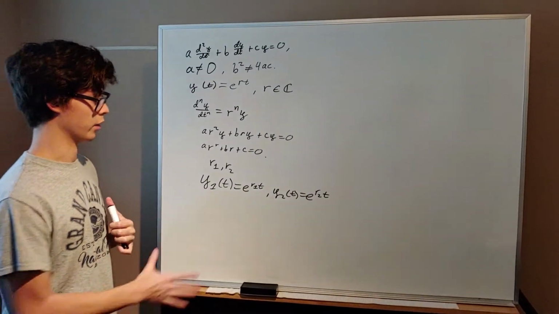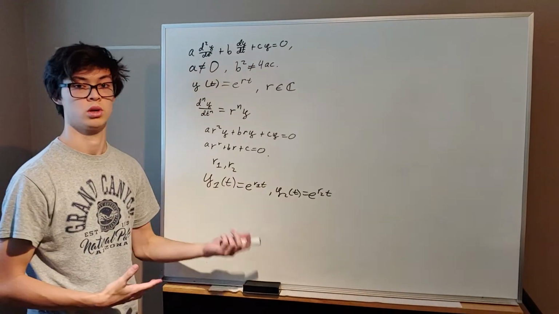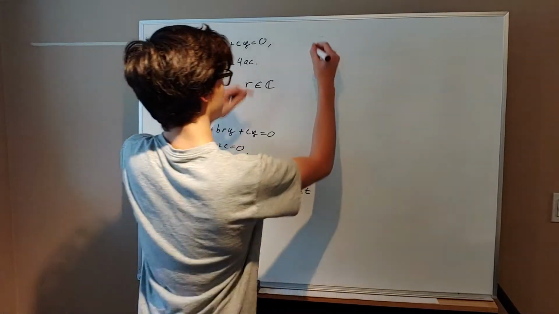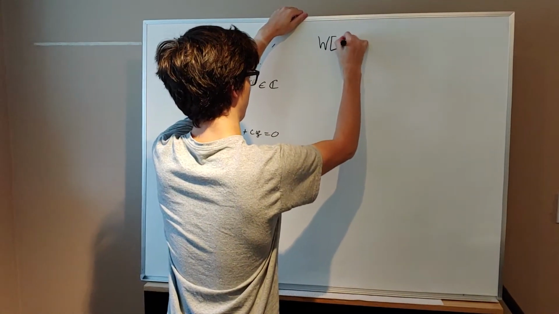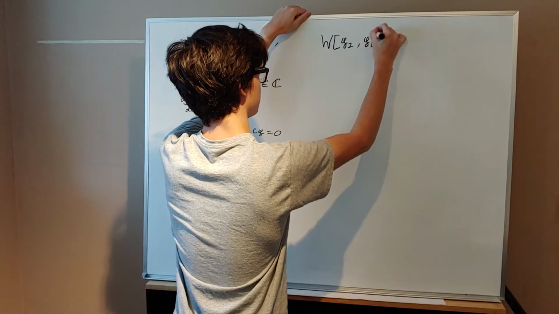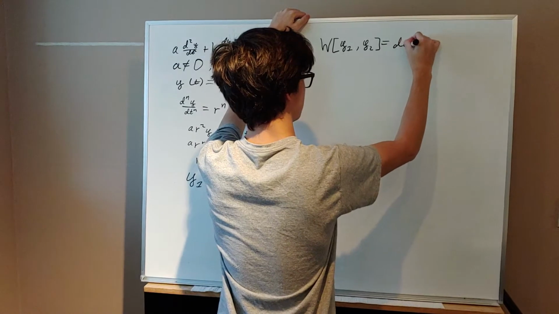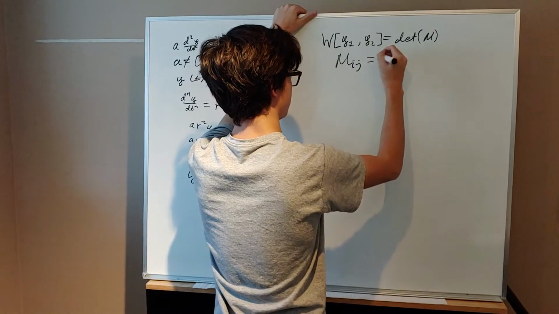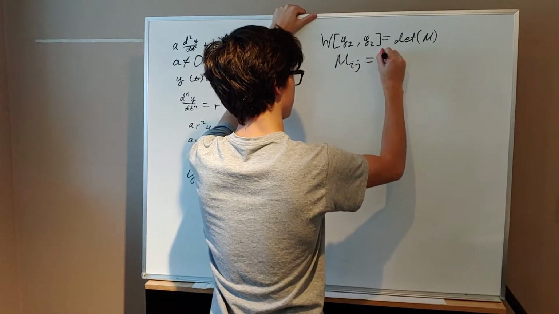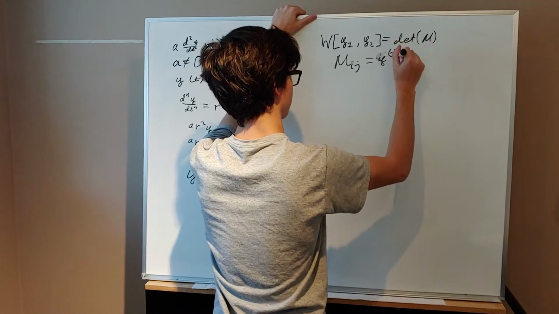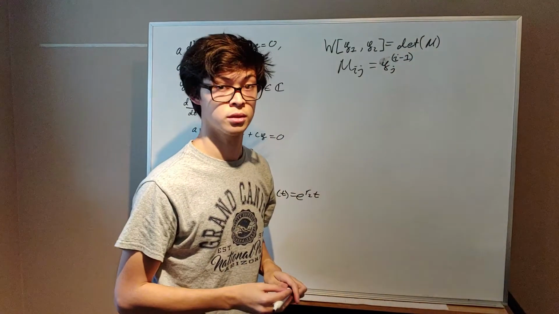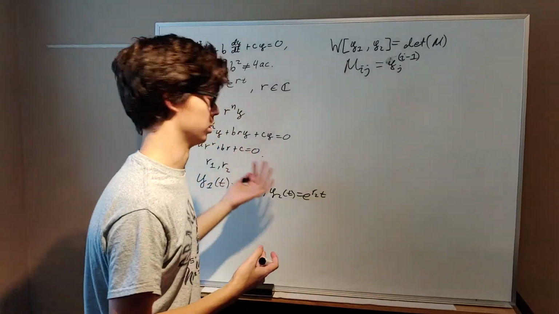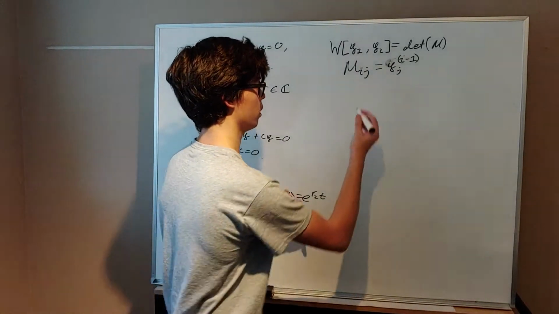Now we want to know that these two are linearly independent, and if they are, then we're done because we found two independent solutions to the equation. To do that, we compute the Wronskian, which is W of y1, y2, the determinant of matrix M, where M_ij is the (i minus 1)th derivative of the jth solution. So we want to know that the Wronskian is never 0 on our domain, which is t in the real numbers. So we write